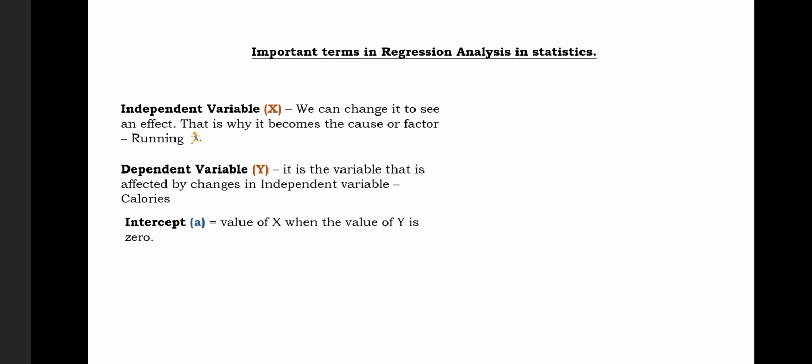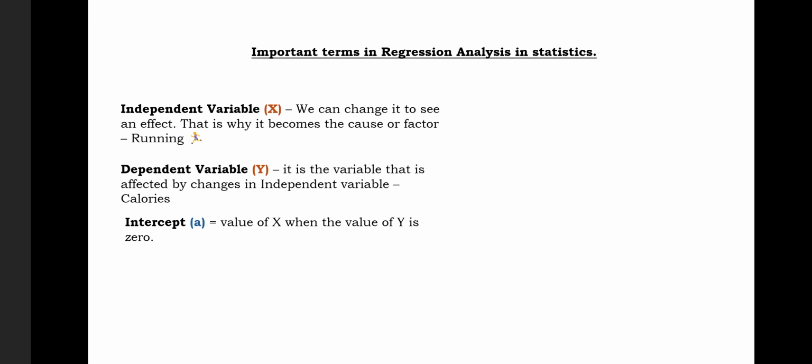Remember, as you know, when we were running 1 kilometer, calories were reduced by 50, 2 kilometers reduced calories by 100, and 3 kilometers by 150. What if the running was 0? Still it can impact our calories, but we don't know how much. So intercept is the value of y when x is 0. Sometimes it will be given to you,